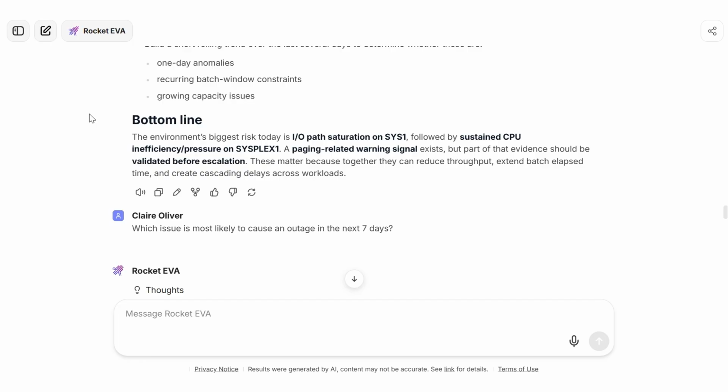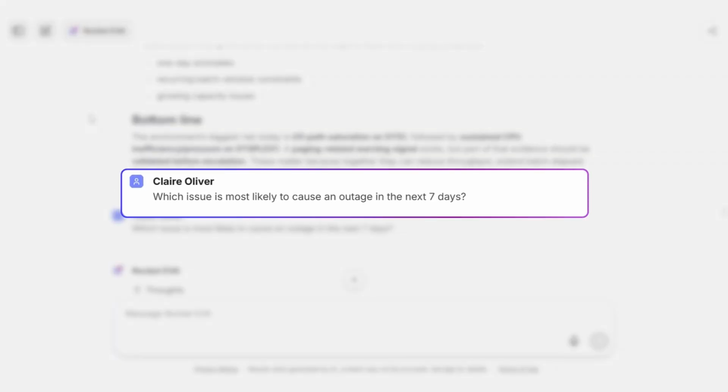At this point, a traditional report or dashboard would stop. The systems programmer would need to begin a separate investigation to determine which condition poses the greatest operational risk. With EVA, the conversation continues naturally. The user can ask follow-up questions and explore the findings in greater detail without having to start over or manually gather additional data. In this case, the user asks which issue is most likely to cause an outage in the